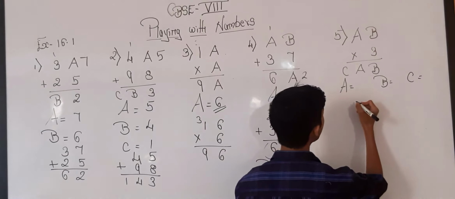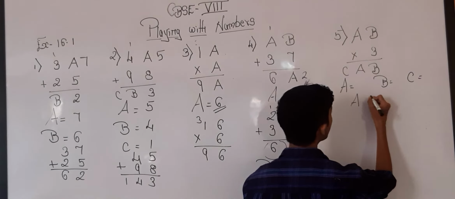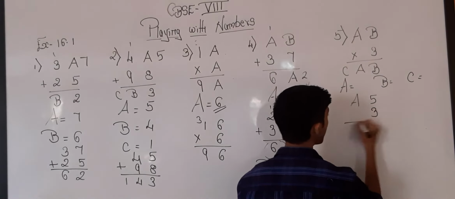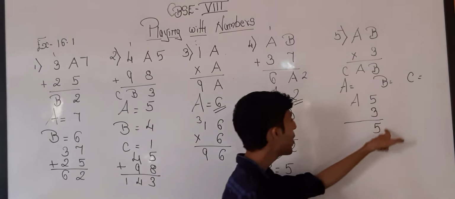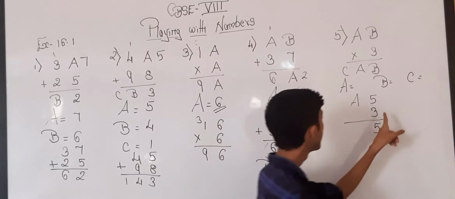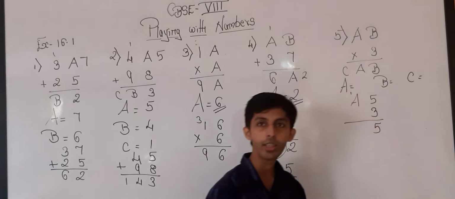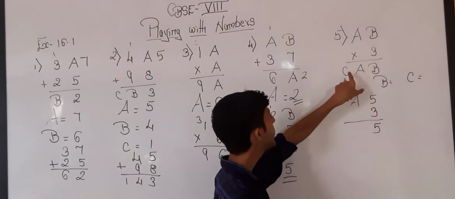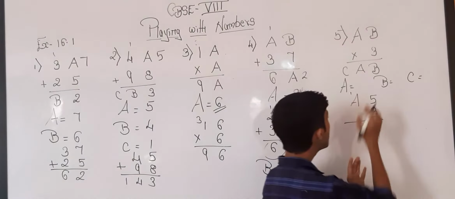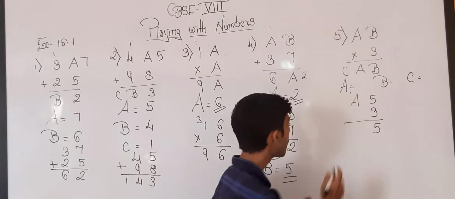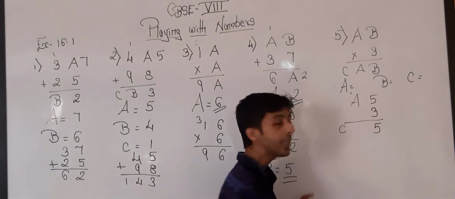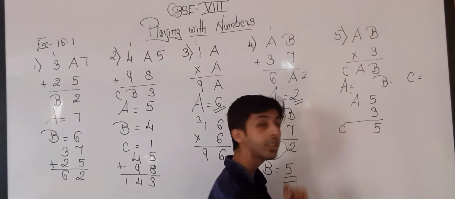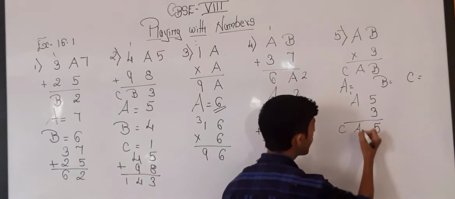So if I am taking over here 5, over here 3, so it will be 5 times 3 is 15, the value of b is remaining the same. Now if I am taking over here 1, because 5 times 3 is 15, now my a and the c is not having a change. c can be any different number, but it should be a one digit number. Now see, what should I take for a, so that my a will be the same as it is, because over here also a.